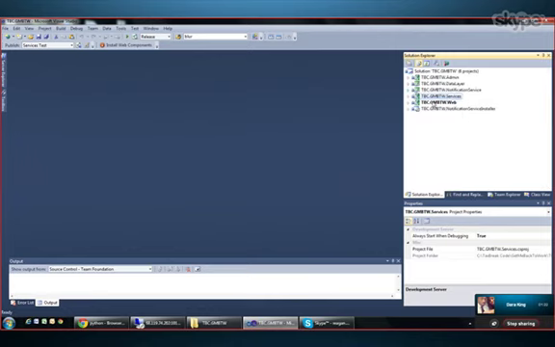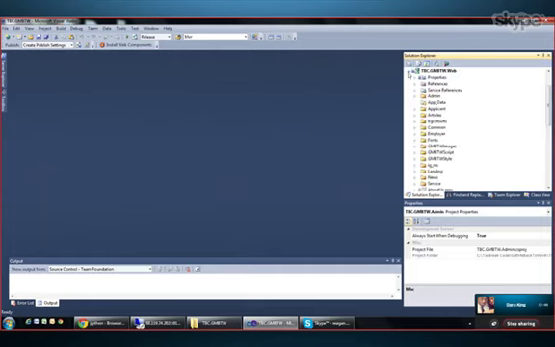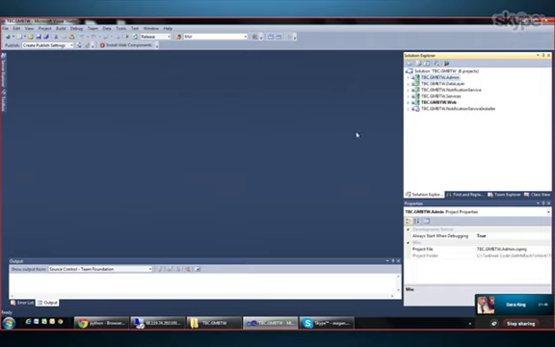Okay, so those are the three main projects. Then you have the admin project. That is getting totally removed and moved into the web project. Essentially, that's where the Get Me Back to Work administrator is going to be. We talked about it the other day. They're going to be able to log in and create new employers and do all kinds of administrative stuff. There's no reason for it to be a separate project. Basically, what we want is for somebody to log into the same UI, the same login screen that they always log in, and if it's an administrator, send them to the admin section.